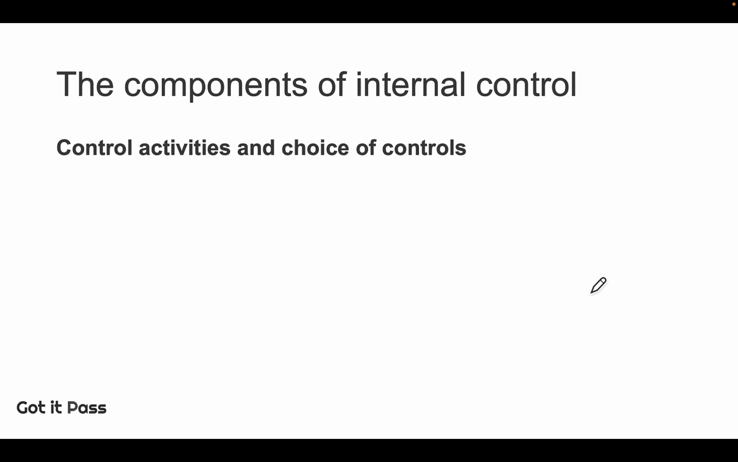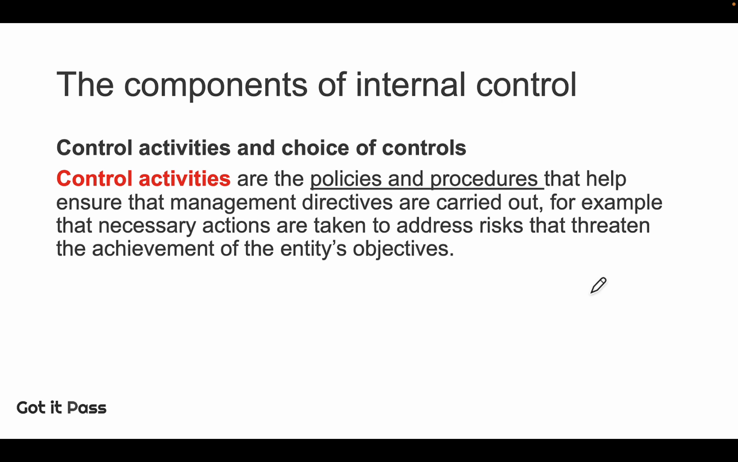So let's take a look at control activities and choice of controls. It's a long topic. So first, let's explain what control activities are. Control activities are policies and procedures that help ensure that management directives are carried out. For example, the necessary actions are taken to address risks that threaten the achievement of the entity's objectives. So control activities are policies and procedures. And in the financial system and technology chapter that we've gone through,